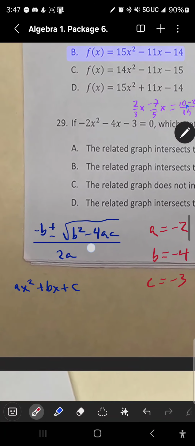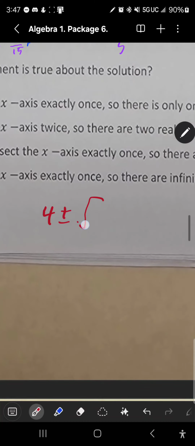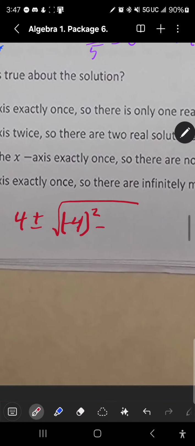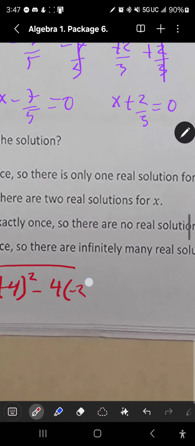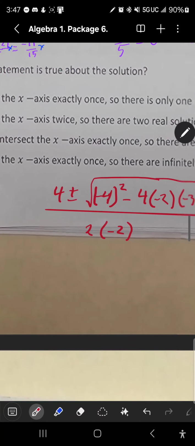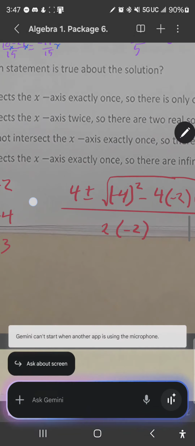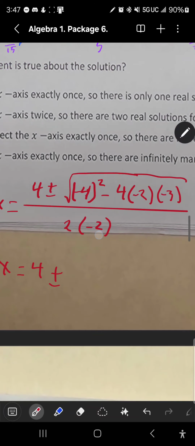So let's use our equation. Negative b is minus negative 4, which is just 4, plus minus square root of b squared minus 4ac. So negative 4 squared minus 4 times negative 2 times negative 3, all over 2a, which is 2 times negative 2. So we solve for it. So x equals 4 plus minus